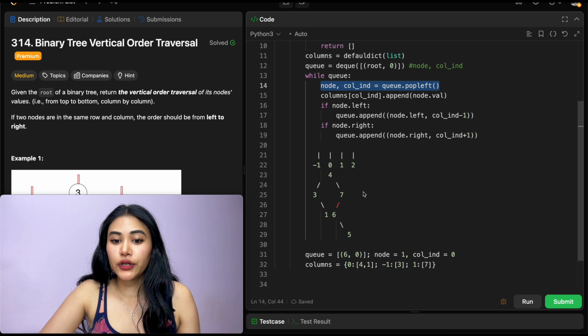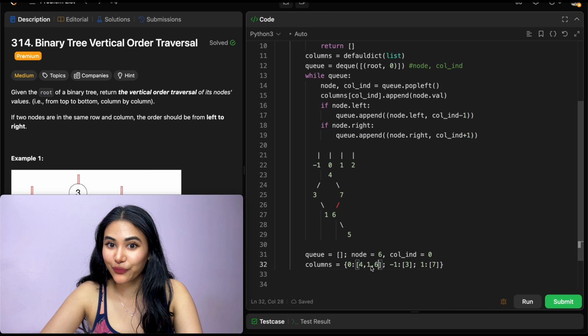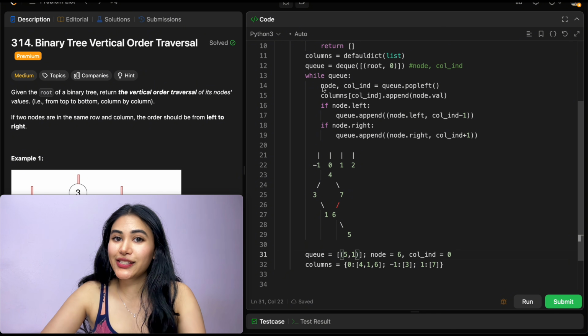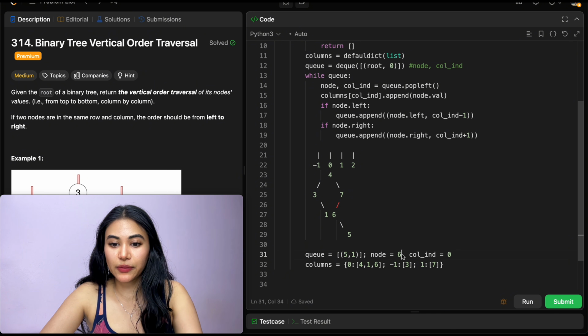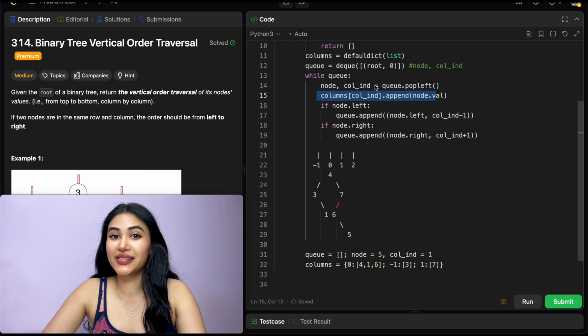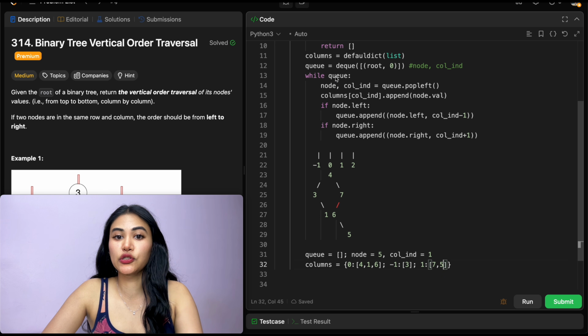So we pop off from queue, node, and column index are going to be 6, 0. And to our columns dictionary, we are going to append our value. So we're adding 6 to the end over here. Now we make a check if node.left, not true. If node.right, that is true. So to our queue, we are going to append node.right, which is 5, and our column index plus 1. So we go to column index 1. Going back in this queue one last time, we pop left again. So node is going to be 5 and column index is going to be 1. We simply append our node's value to our columns index. So to column index 1, we are appending 5. We see that there's no left child, there is also no right child, so we exit this while loop, and